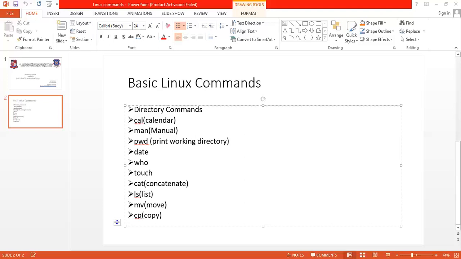Once you do this, the file1 file is successfully created, and now it contains this sentence.